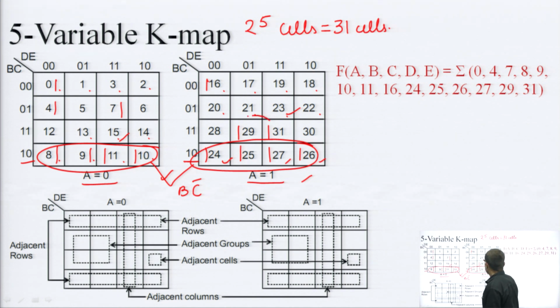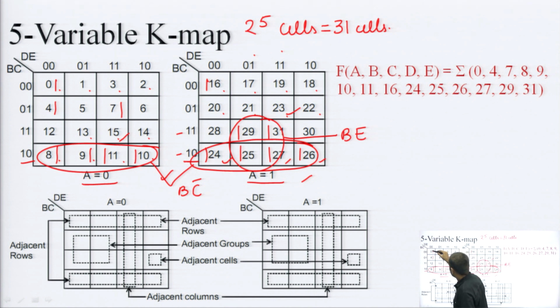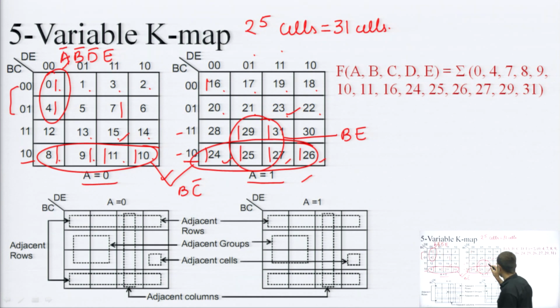Similarly, I can see that there is a quad, and this quad is only present in the second K map. So this corresponds to 1 1, which is B, and this corresponds to E. So this corresponds to B E. Okay. Similarly, I can see that there are 2 1s here. This can be treated as B bar, D bar, E bar, but this group is only present in the first K map. So A bar is also there. Similarly, this quad was only present in the second one, so it can have A extra here, because it is associated with A equal to 1.